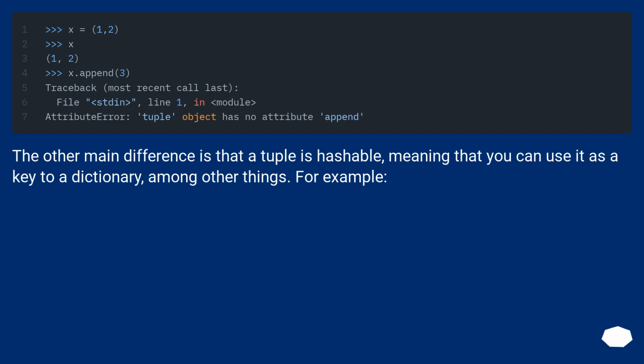The other main difference is that a tuple is hashable, meaning that you can use it as a key to a dictionary, among other things. For example,